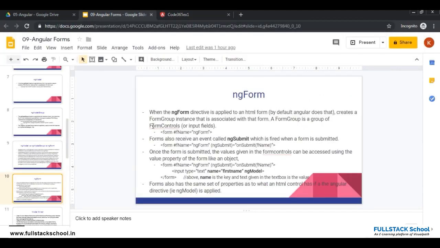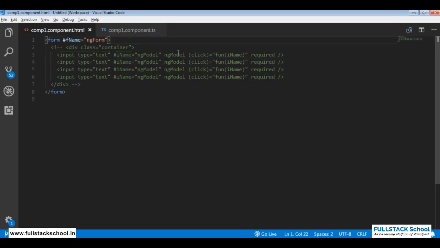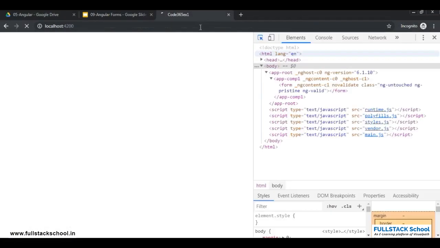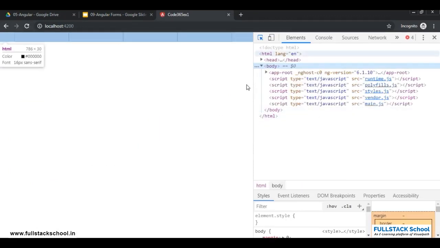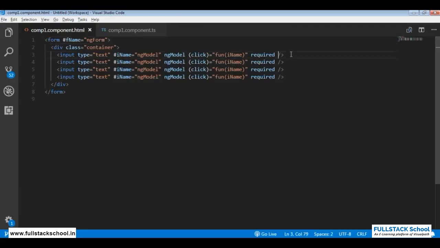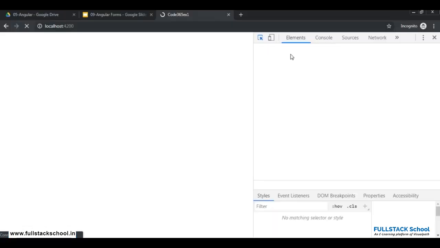Now forms receive an event called ngSubmit, which is fired when a form is submitted. So we have an event. I'll have all this uncommented and now I'll save it. Let's see, I'll have a br and I better have alias names as 1, 2, 3 and 4. I pass 4, 3, 2 and 1. If I save all this,